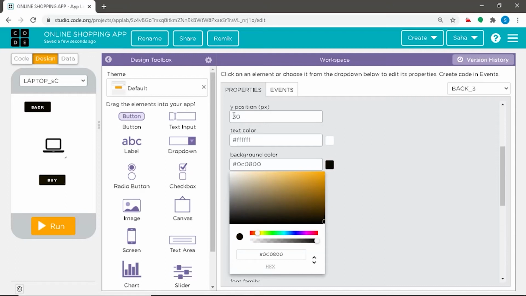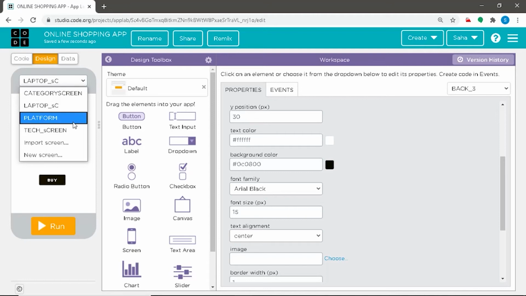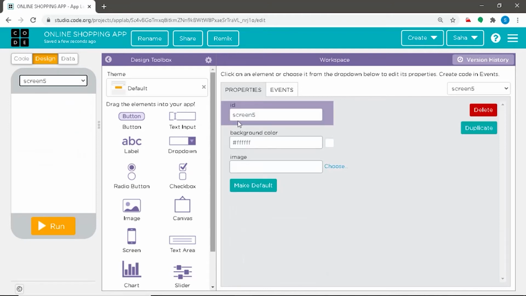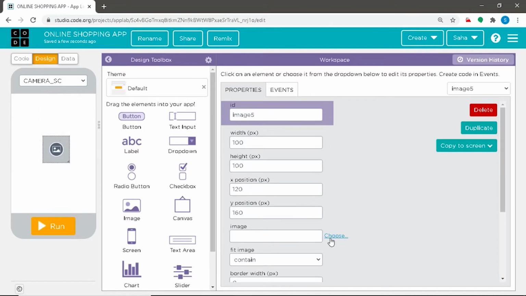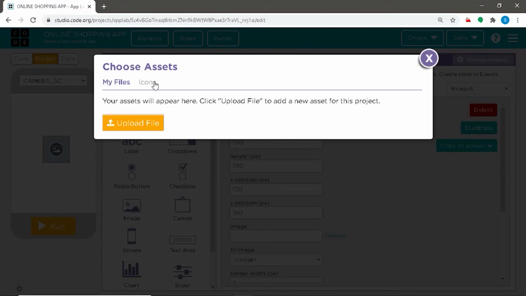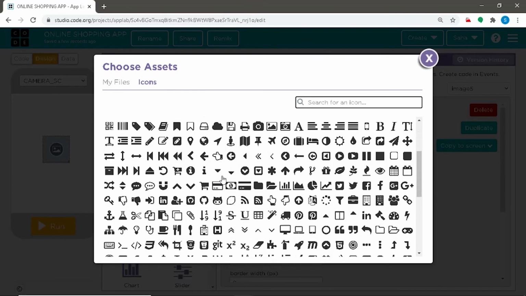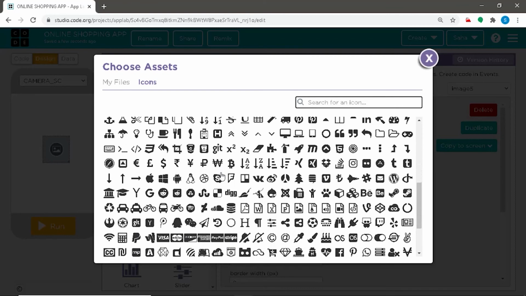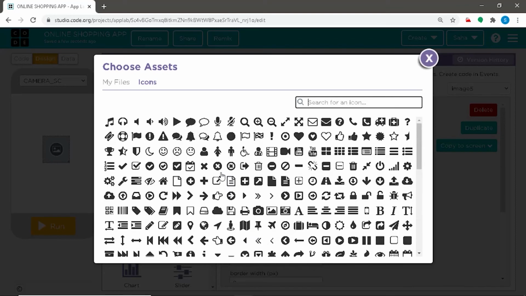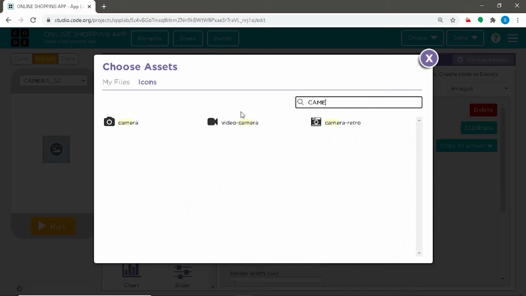Now this is with the laptop screen. What in case the user chooses a camera? For this we should again create a screen saying camera, drag image into the visualizing section, choose an image by going into the icon section and choosing something similar to a camera. In case you don't find, you can just search it out here. So we can choose this